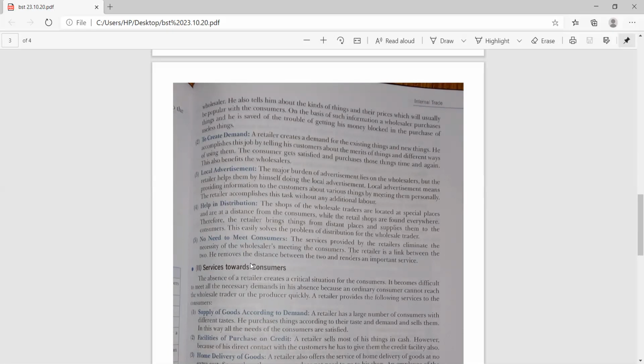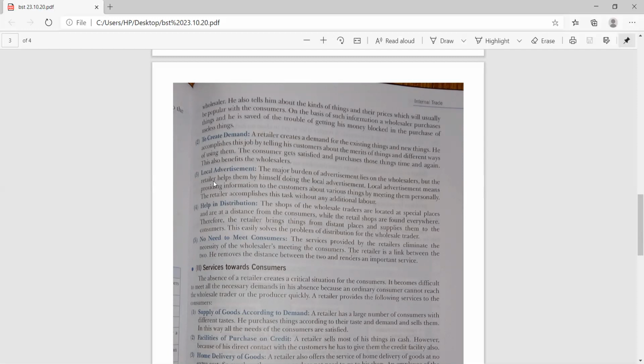It happens to everybody. The retailer has a relationship, and what he does is first create faith in the customer, then he introduces the new goods. He tells the plus and minus of each and every good, highlights the goods, and then he can sell his articles. And he generates the demand for the goods in this way.